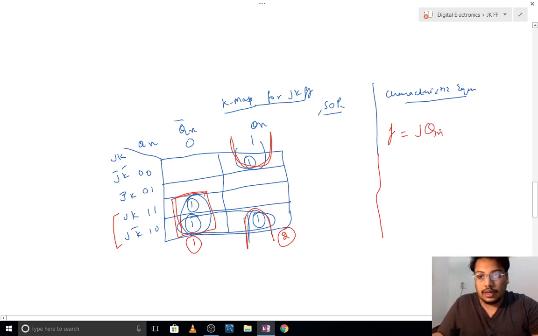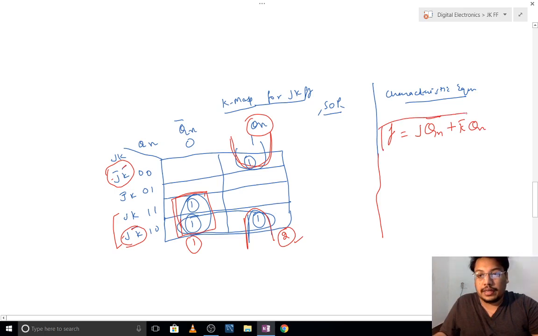So J Qn bar plus, going for the second combination, this one and this one. So J and J bar is changing, so we will not be taking it. K bar and K bar we will be taking, right? So K bar, and here the combination is Qn, which is same in both, so Qn.